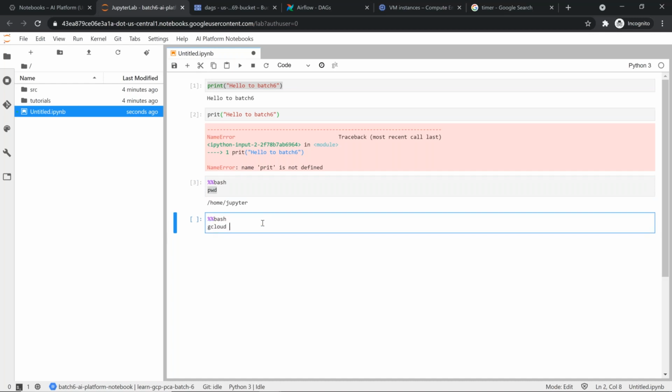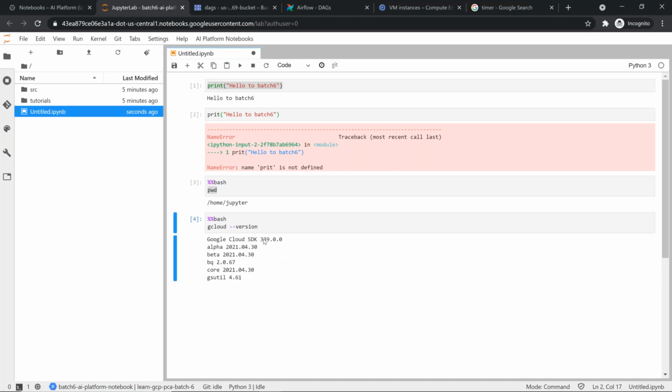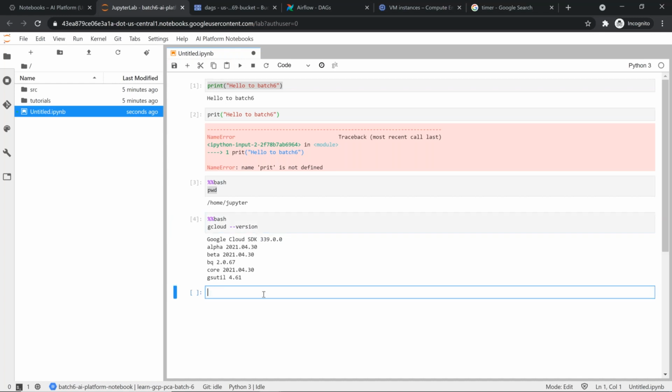Now you want to see whether gcloud is installed, because it's a virtual machine. Definitely gcloud should be installed. Yes, it is installed. Now you want to run something more, because any gcloud command is going to work, any bq command is going to work, any gsutil command is going to work. So now you can do gcloud